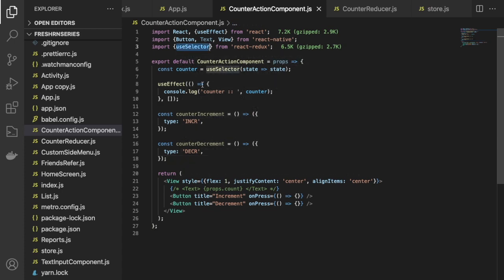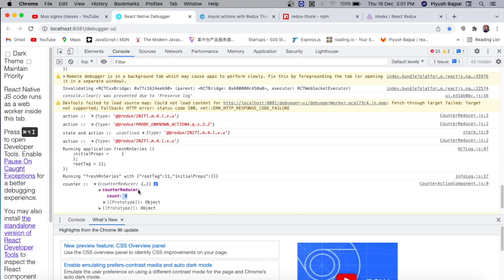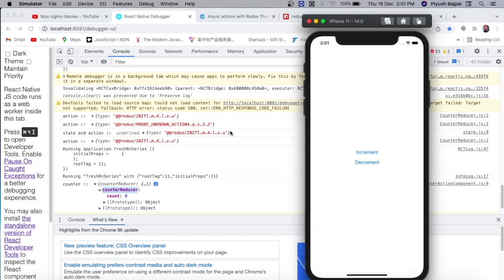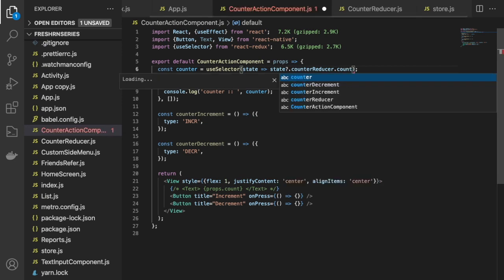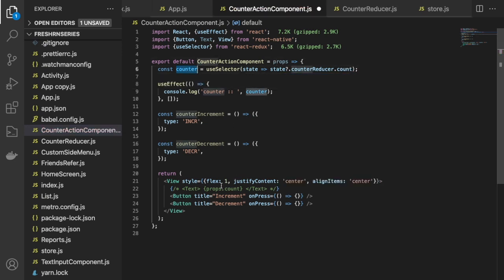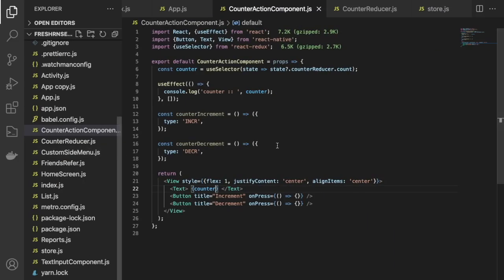What I have to do is read counterReducer.count, and then we can directly use this counter. Cool, it will show you 0 here. Yeah, 0. But if you keep clicking on increment and decrement, nothing will happen. Why? Because we have to dispatch the actions, these actions, to increase and to decrease.